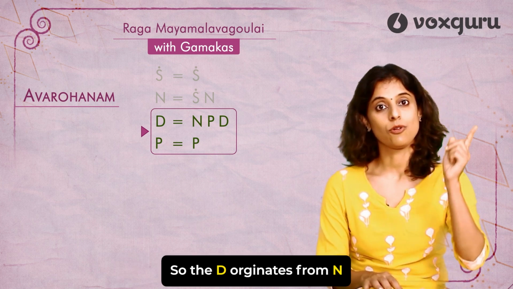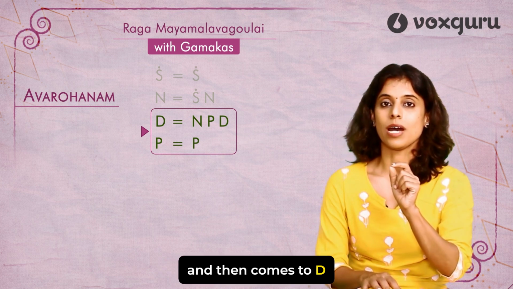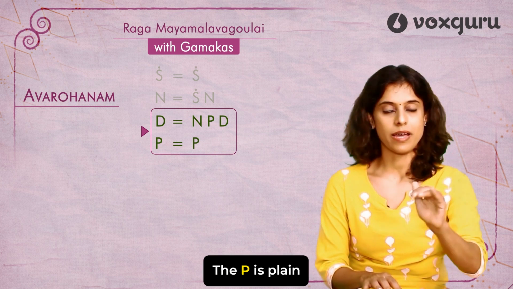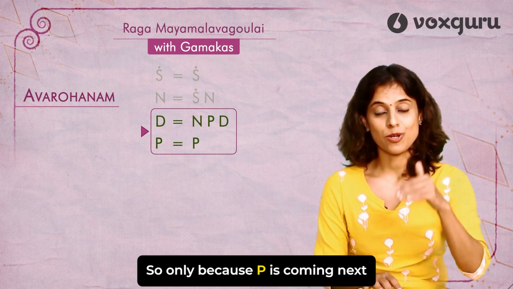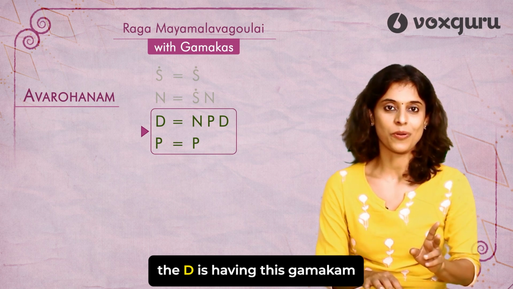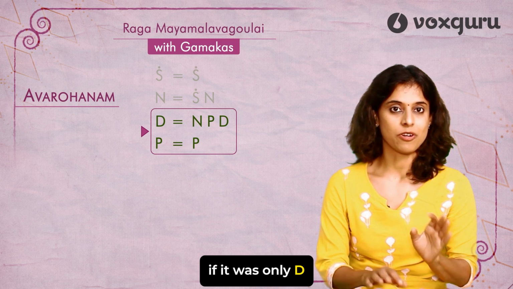Da. So the Da originates from Ni, goes till Pa and then comes to Da, right? Da Pa. The Pa is plain. Okay. So only because Pa is coming next, the Da is having this Gamakam. Okay. Da Pa. But if the Pa was not there in the end, if it was only Da, then it